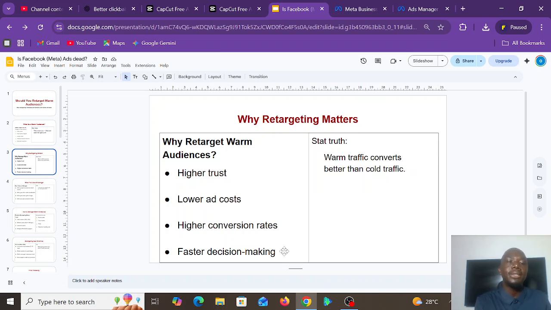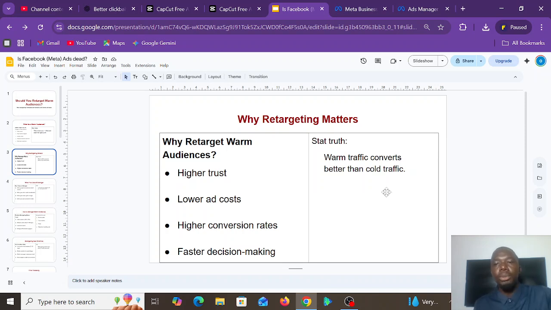Remember, we said yesterday that cold audience are people that don't know you, have not seen your business before, and don't trust you, right? So how did they get to know you? They know you by you creating a page engagement ad. Once you do that, you already transform them to warm audience. So if they are already warm audience, that means they are likely to make faster decisions about your business or your product than the cold audience, right?